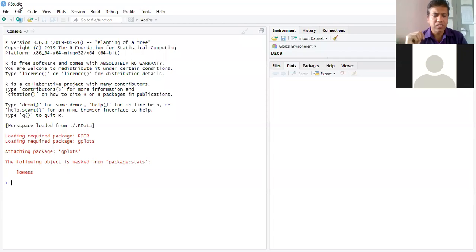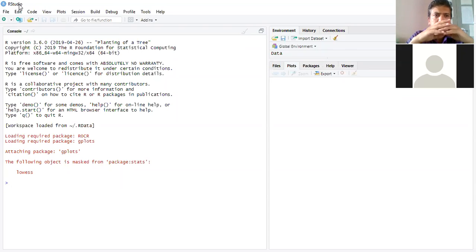So it is not that you must use the R Studio. The main software is the R software. After installing the R software, you will have to install the R Studio. But if you cannot install R Studio, there is no problem. You can work in the basic software also. The benefit of the R Studio is that it is somewhat convenient to work with.